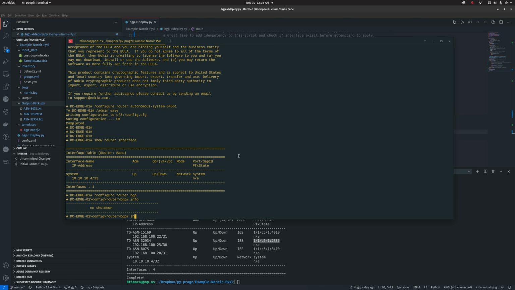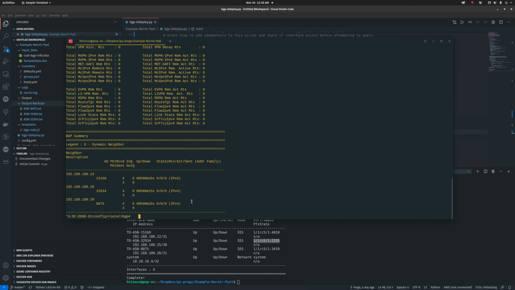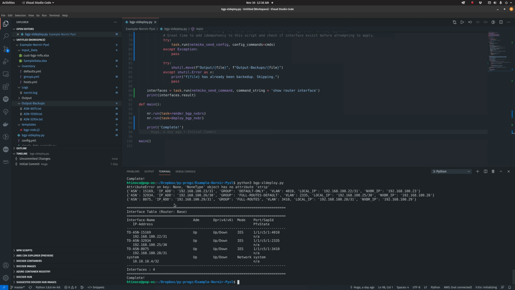Now let's take a look at our BGP neighbors. And you can see that they're already established 15 seconds ago. So that's basically it. I just thought it'd be a quick example of how I envision this being used,